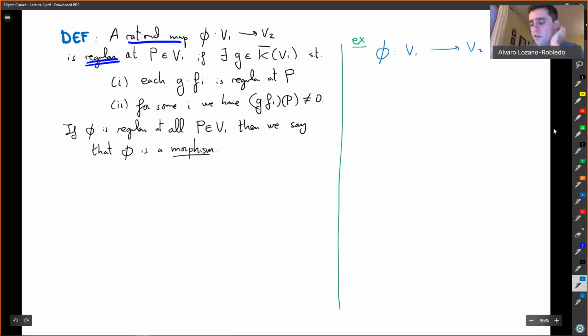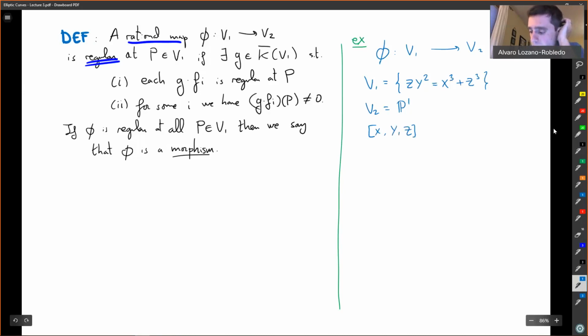My V1 is going to be just the variety given by zy squared equals x cubed plus z cubed. Okay, and V2 is just going to be P1, and the map itself is going to send a point